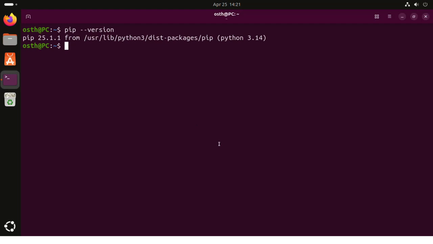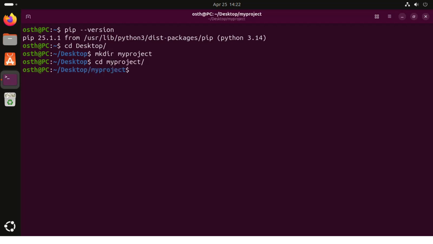At first, I am going to navigate to my desktop and create a directory using this mkdir command. Then navigate to this directory. Okay. Now I am going to create a virtual environment project using this command with Python 3